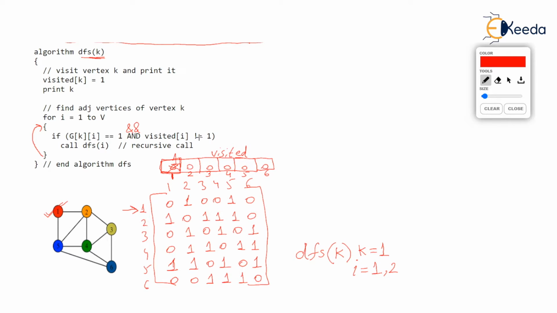What is i, by the way? i is 2, isn't it? Visited 2, you observe visited 2 where the mouse is hovering, is not equal to 1. That means we have discovered that vertex 1 and vertex 2 are adjacent and 2 is not visited. So hence, the if is true and we make a call to DFS i, this is a recursive call. What's the parameter we are passing, you see? When we are calling DFS, we are passing 2 to it because i is 2 now.